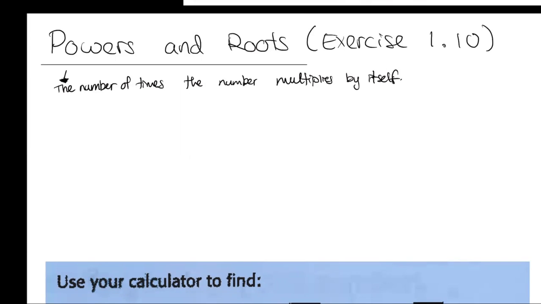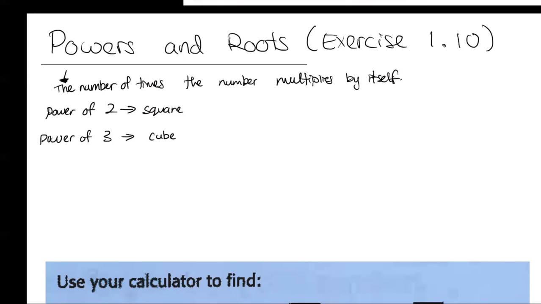And then the root is just depending on what type of root we're looking for. So there are two common ones that we look at, which is the power of 2, which is written as square, and then the power of 3, the third power, which is written as cube. So if I said square of a number or a number squared, then it is a number multiplied by itself